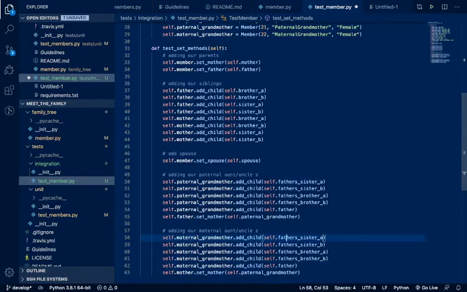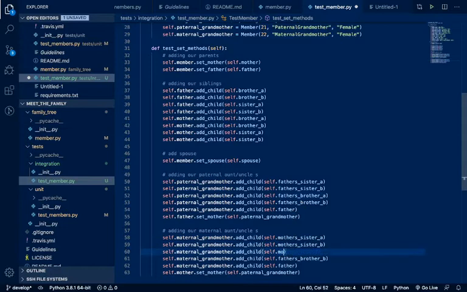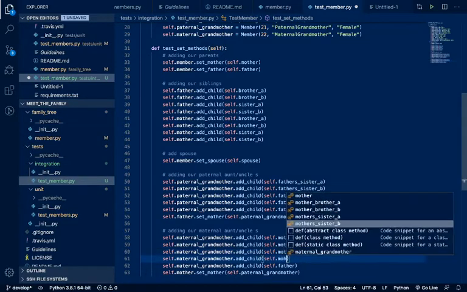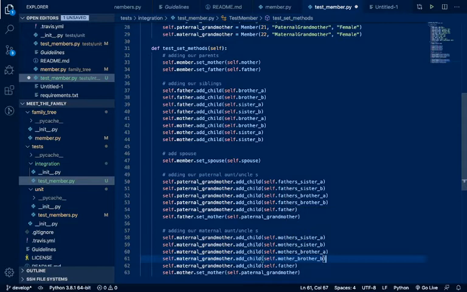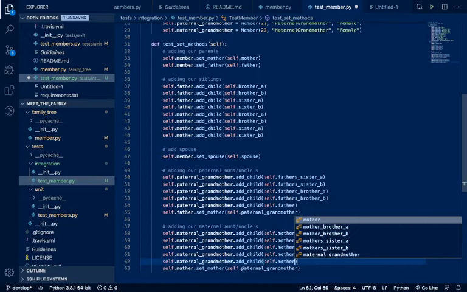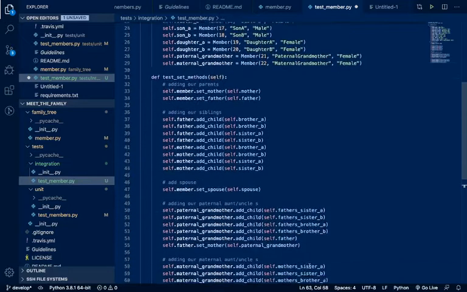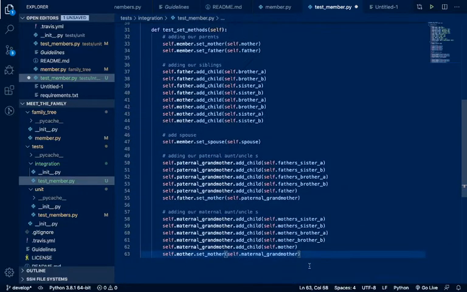And this will be mother's sister A. This will be mother's sister B. Mother's brother A. Mother's brother B. Right? And our mother is also going to be her child, and this is going to be her mother as well. So now parents, siblings, spouse, and now we need to add,